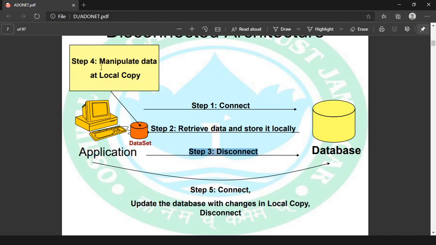Means the transaction which you have fired with the local copy will be reflected to the actual data source. This is the disconnected architecture. It means whenever you are doing a transaction, you are not directly connected with the data source. Got it?